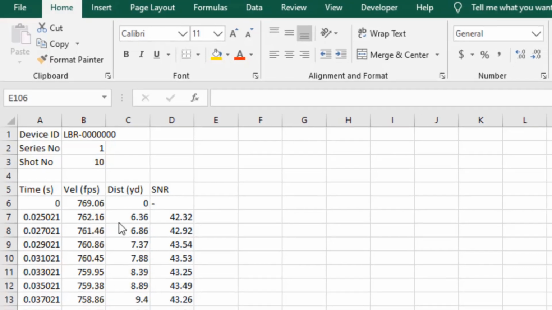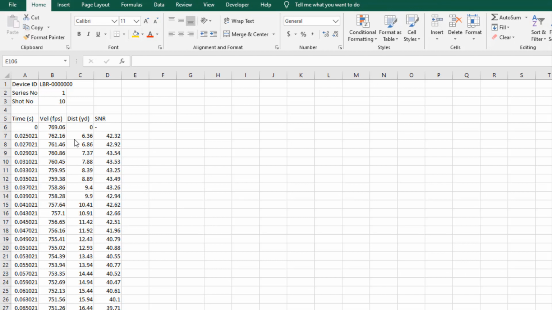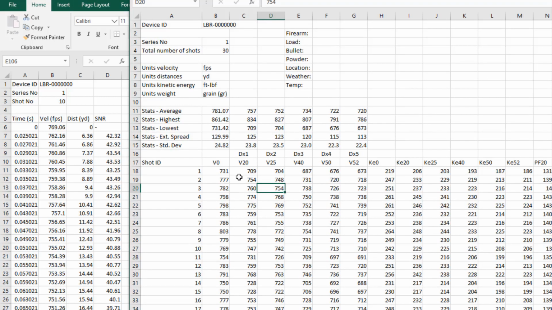Well, the LabRadar software, and I don't know the details of it, uses predictive modeling to look at these velocities, and it comes up with an algorithm that says what would the velocity be at zero distance. And I suspect that that same predictive model is used to give us these numbers. Well, the unit's not able to say, okay, has the bullet reached 50 yards? Yes. What's its velocity? That's not how radar works. Radar just keeps capturing velocities and recording the distance.